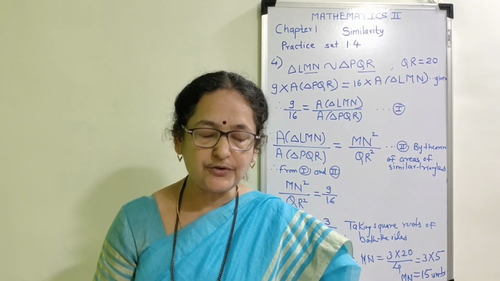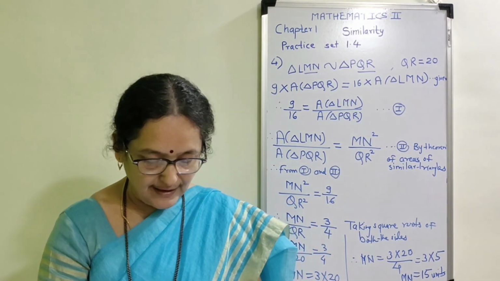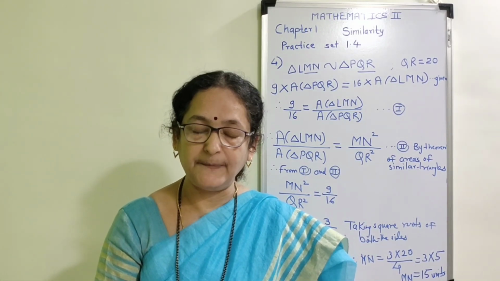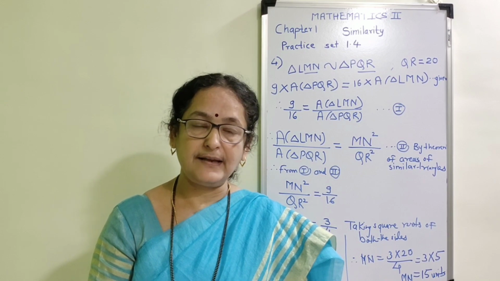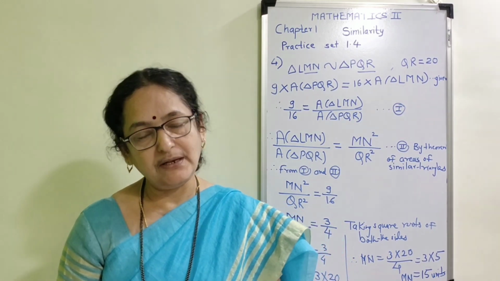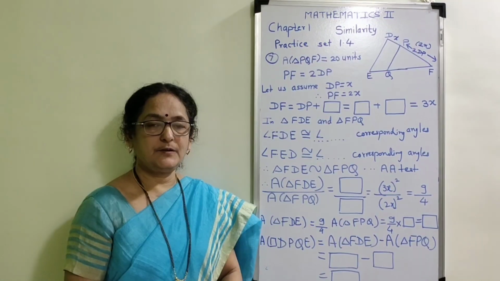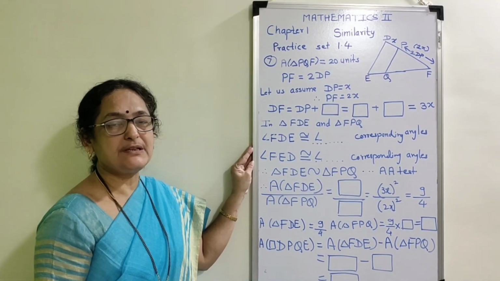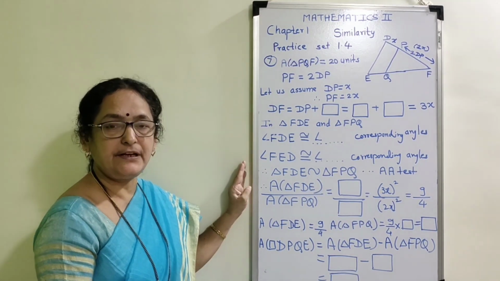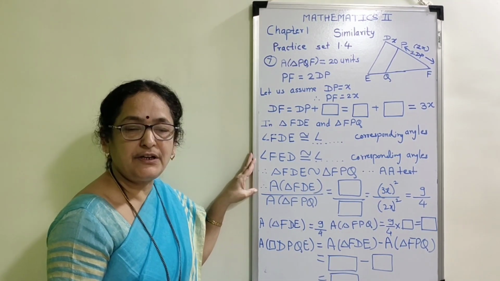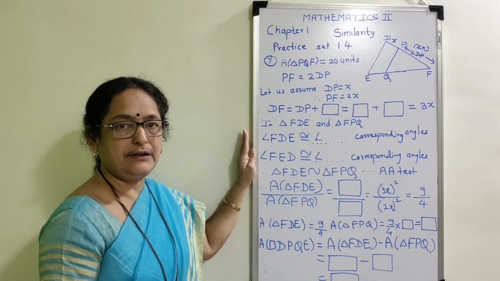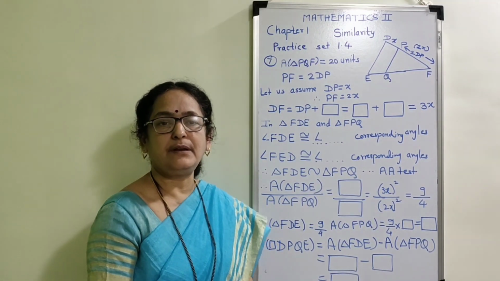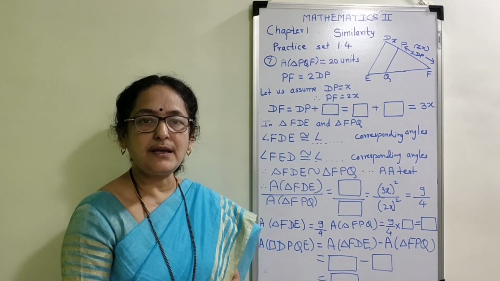Now we are going to complete the next and the last example from this practice set, that is example number 7. I will first of all write the entire example on blackboard and then we will complete it. Students, now we are going to complete seventh example from the same practice set. This example is very important. It is given as activity in our textbook, but try to learn it, that if the example is given to solve the entire example, then also you can easily solve the example.